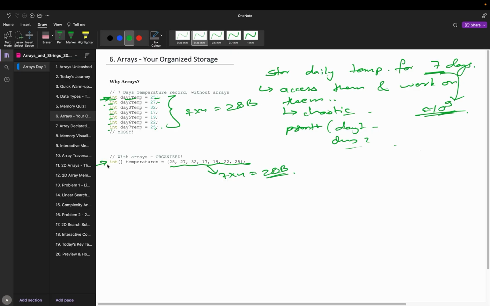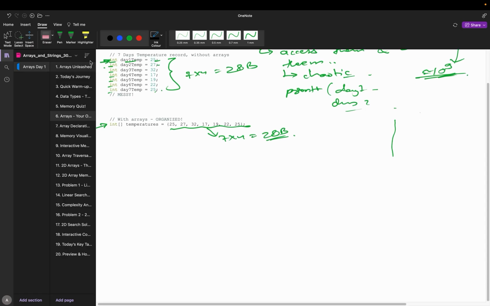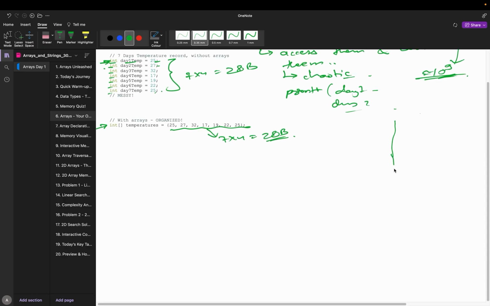How this is going to work, I will show you in the later slides, but at least I'm showing you why array is important. One more thing that you need to focus upon. If you take these individual integer type variables, 10 power 9, or you can say billions of variables, this is the memory. Have a look. This is the memory,